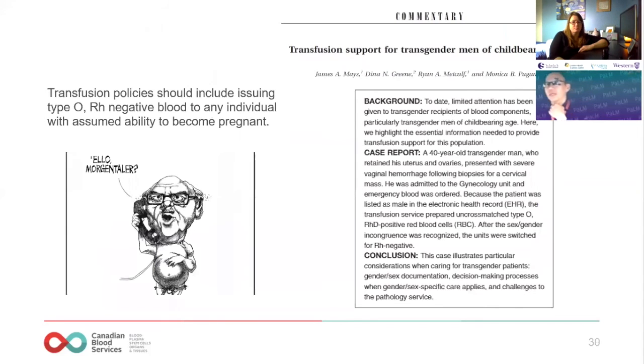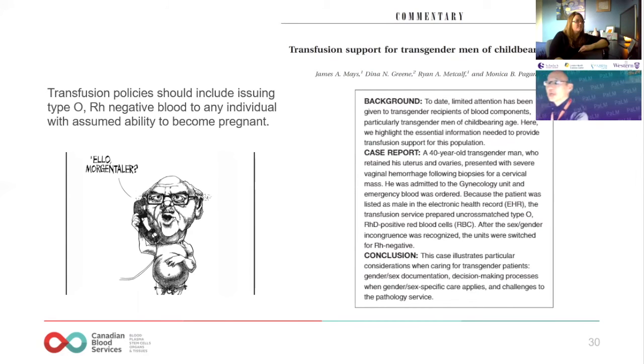So many of you may have seen this case report. Probably many of you in this room are not old enough to recognize the person on the left. The person on the left is Jean Drapeau, who was the mayor of Montreal when the Olympics were held in 1976. And he was famous for saying that for Montreal to go in debt over the Olympics isn't any more possible than a man becoming pregnant. So, you see the case report for transfusion support for transgender men of